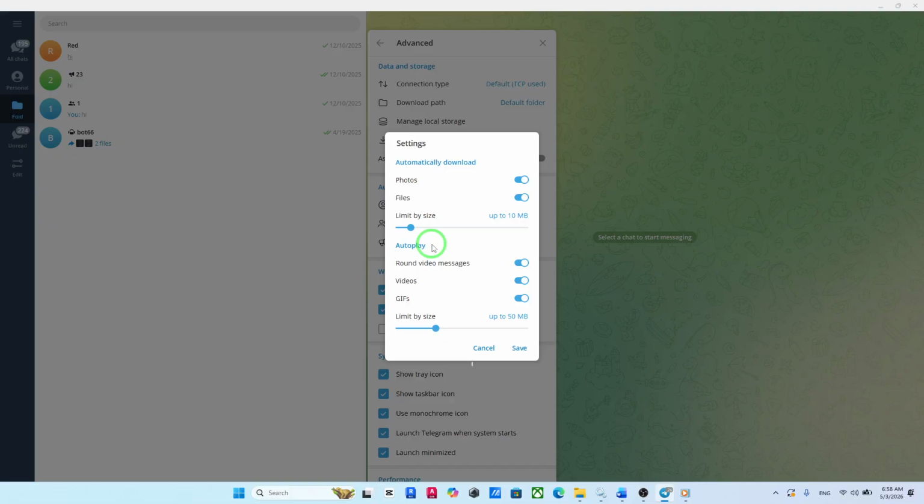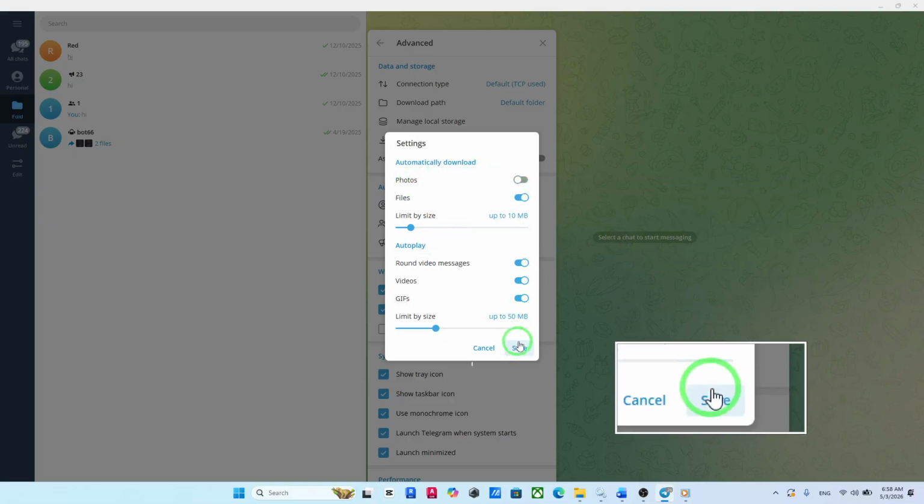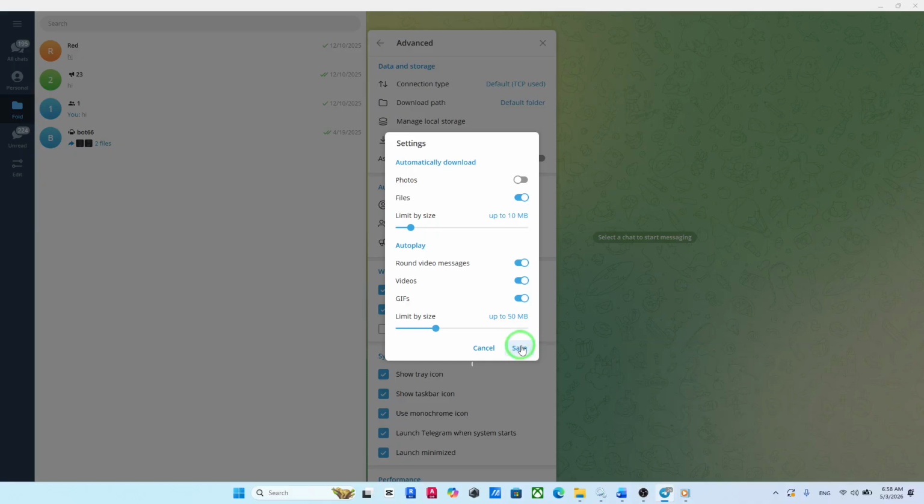Find photos and simply disable it. This will stop Telegram from automatically downloading images sent in group chats. After turning it off, don't forget to click Save to apply the changes. And that's it. From now on, photos and group chats won't download automatically, giving you better control over your storage